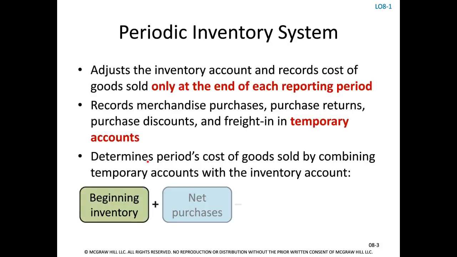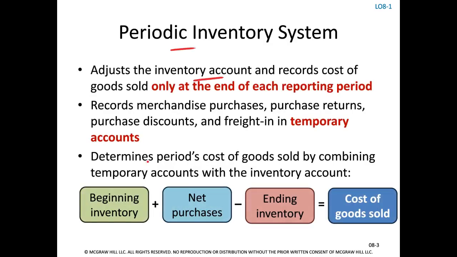In a periodic inventory system, the inventory account and the cost of goods sold are only adjusted at the end of a reporting period, hence the name periodic inventory system. And so during that period, when they acquire inventory or get returns, they record them to these temporary accounts, such as merchandise purchases, purchase returns, purchase discount, and freight in for the transportation costs. However,